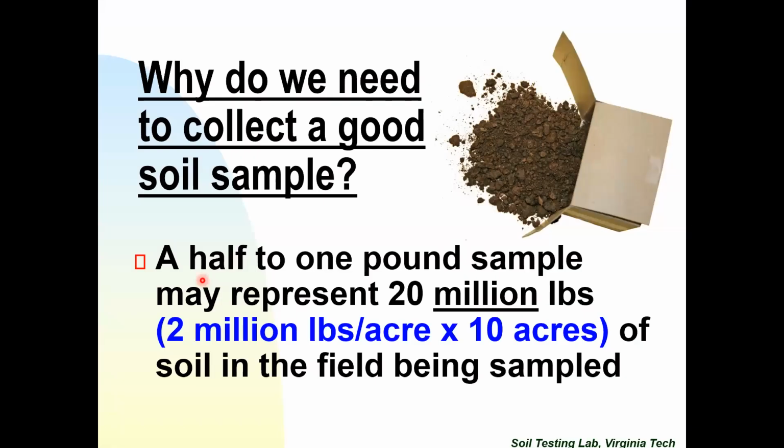Again, the biggest source of error in soil testing is the soil sampling, because you send us about half a pound of soil, and it represents 2 million pounds per acre, or in a 10-acre field, that's 20 million pounds. So it's very important to walk or drive your four-wheeler across that entire area, take multiple subsamples, mix them together in a bucket, and submit one representative sample. If you give us a good soil sample, we'll give you a good soil test recommendation, a good fertilizer recommendation. If you send us a bad soil sample, we'll give you a bad recommendation, and it's all down to how you collect the sample.